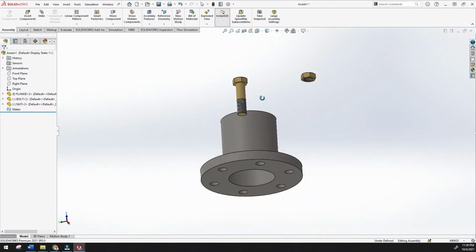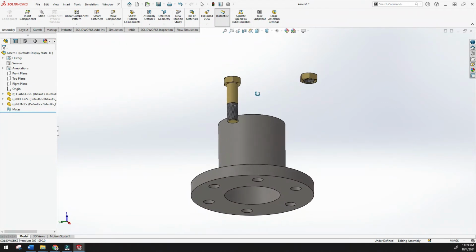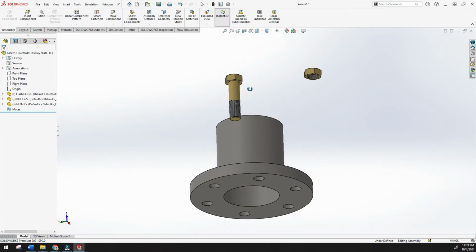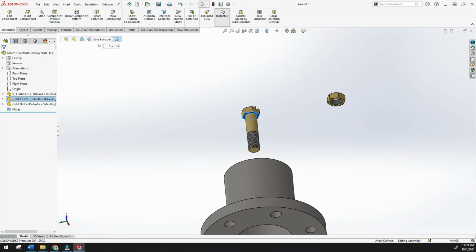There are so many ways to apply. Okay, whichever one you want to try, you have to give at least 3 relations so that it will be fully defined. So I want to select this. Okay, and I want to select, with Control, this surface,